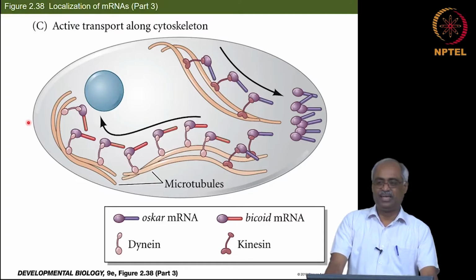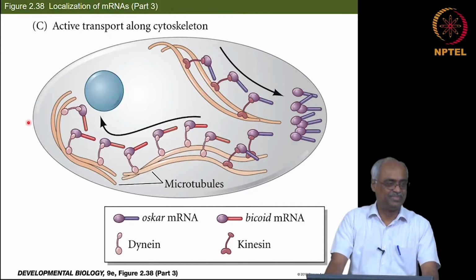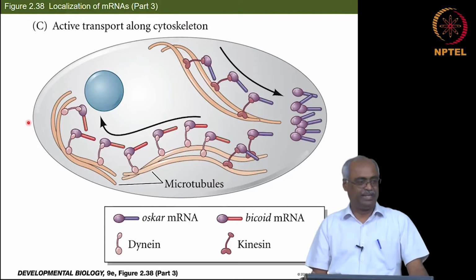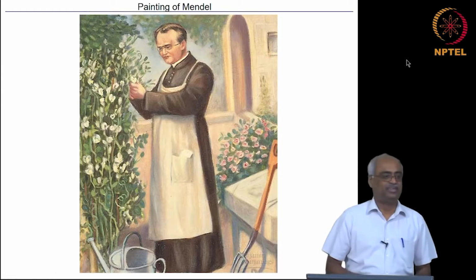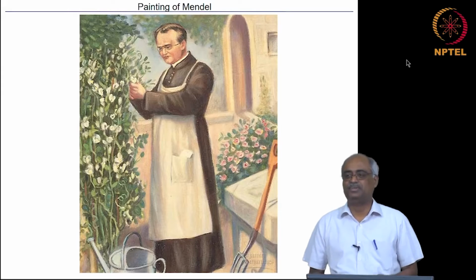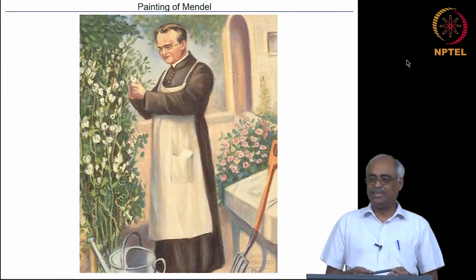So, I usually have a few lectures fully dedicated to genetics as part of this course. So, this course actually should be aptly named Introduction to Developmental Genetics. Okay, so all of you know Gregor Mendel was an Austrian monk, but there is a little bit of history